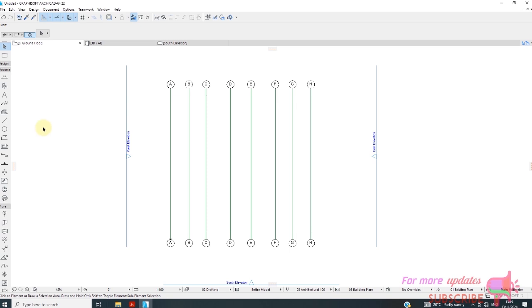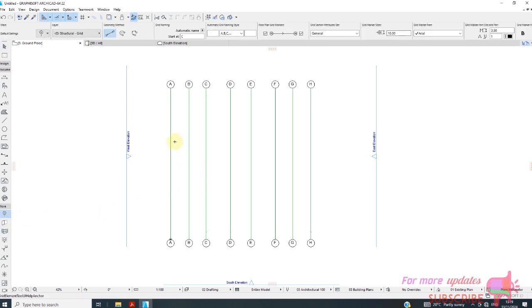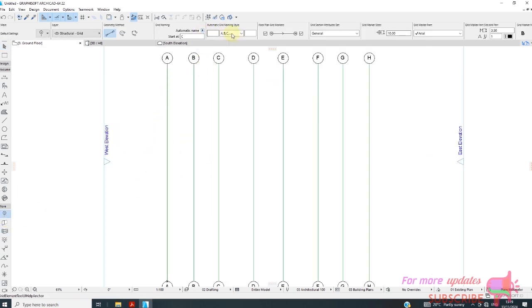Again, now I will draw grids labeled from 1. So activate my grid element again. This time change this one to 1, 2, 3. I'll start with 1 from that point. A distance of about 26,000. Okay, then